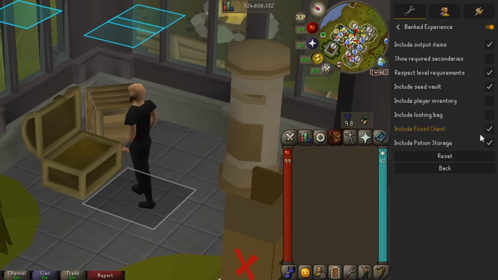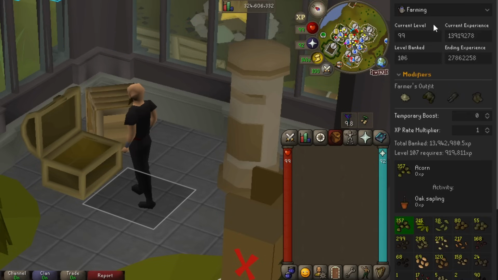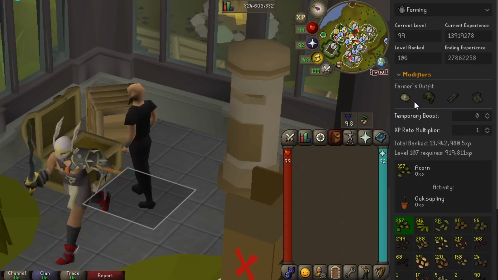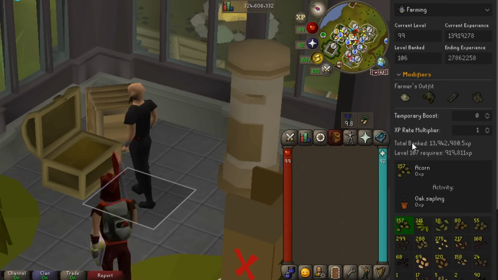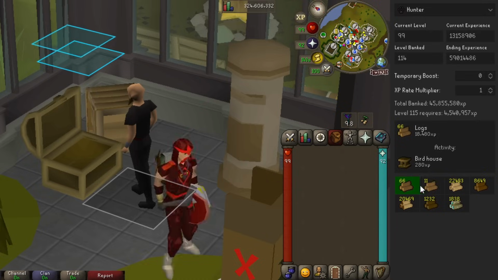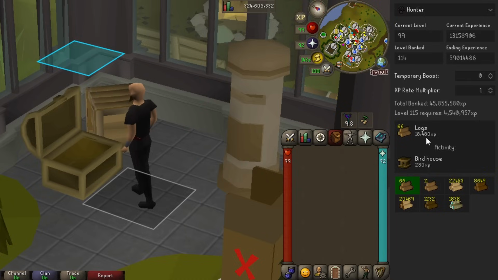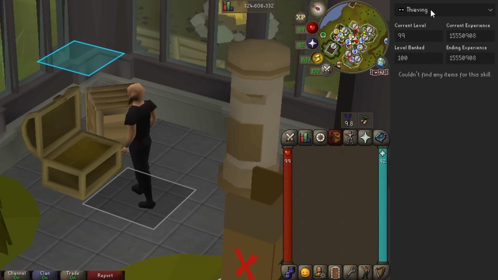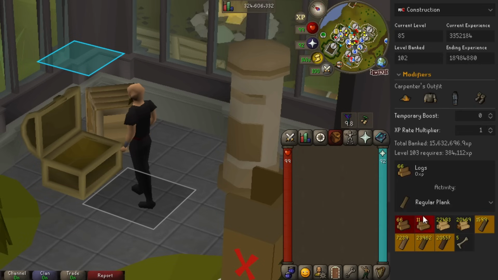My settings for that are as follows. Come in here, you've got construction, cooking, crafting, farming, firemaking, fletching, herblore, hunter, prayer, smithing, and thieving. The hunter one, ignore it. It's like logs that you make into birdhouses. The thieving one, I don't even know what the thieving one really is. No one uses that. But construction's really good because it looks at your